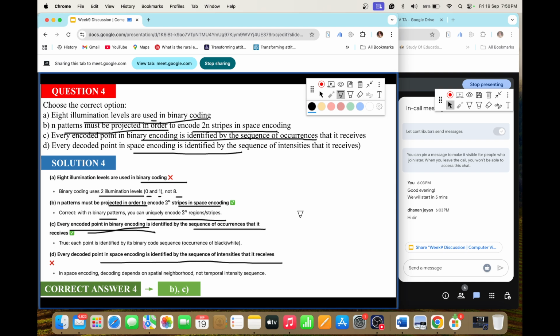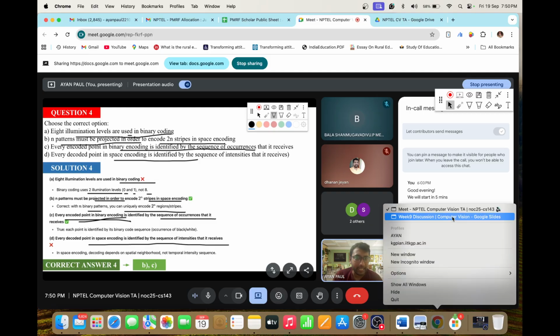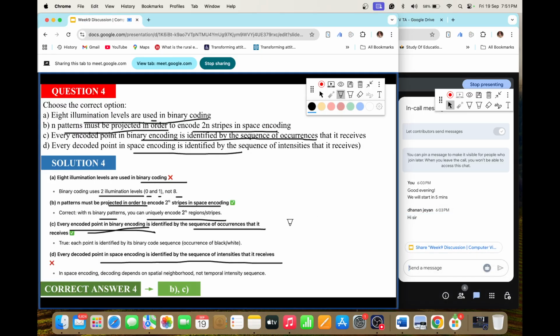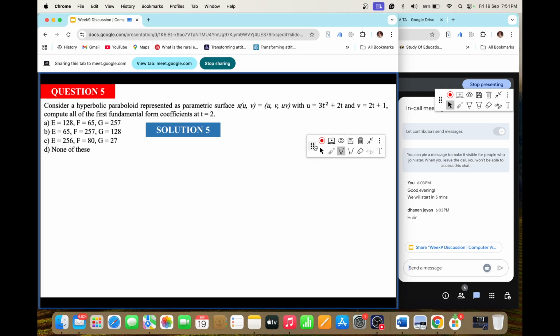This is a totally theoretical question regarding coding for structured light. This is complete theory, you can just read it. Let's move on to the next question: consider a hyperbolic paraboloid